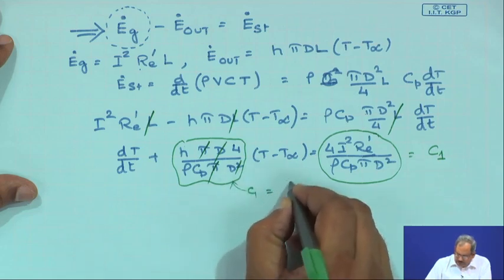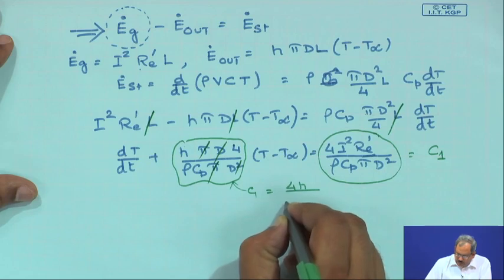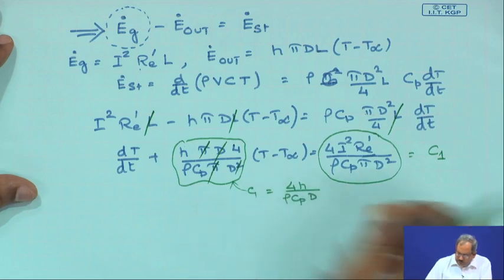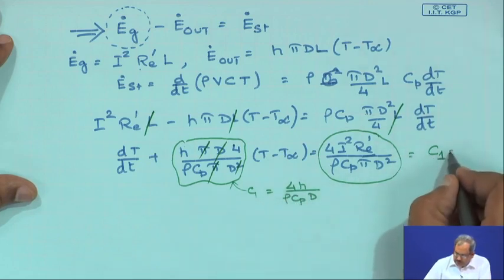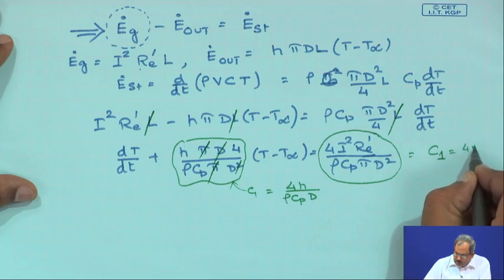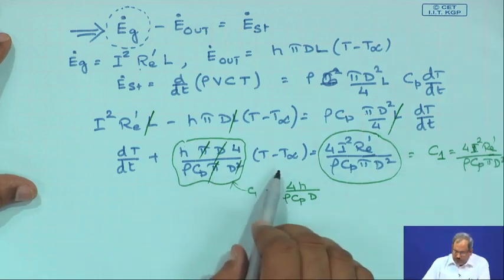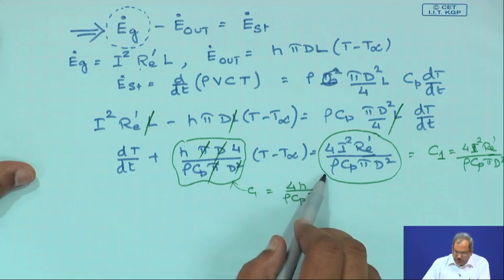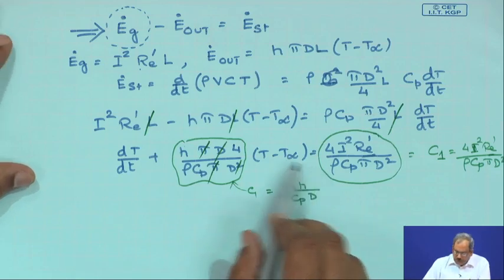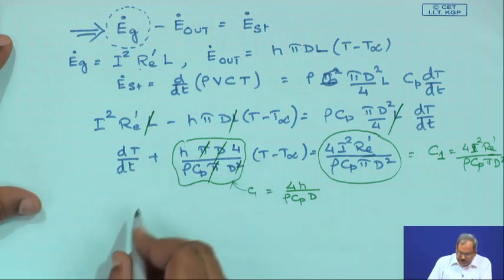So, my C1 is 4h by rho Cp d, and C2 is simply 4 I square R e prime by rho Cp pi d square. So, that is straightforward. So, we got a straightforward expression in terms of the variation of temperature with time,